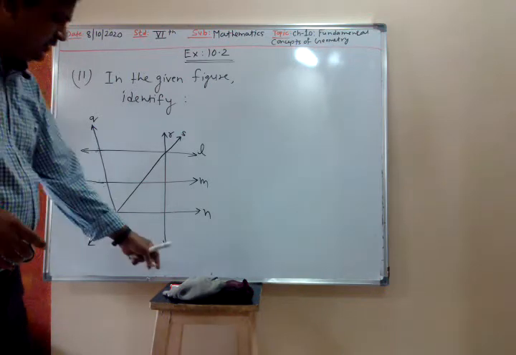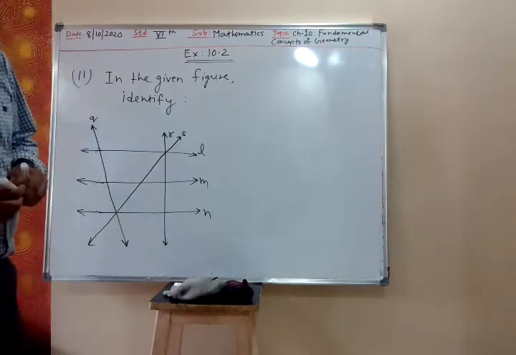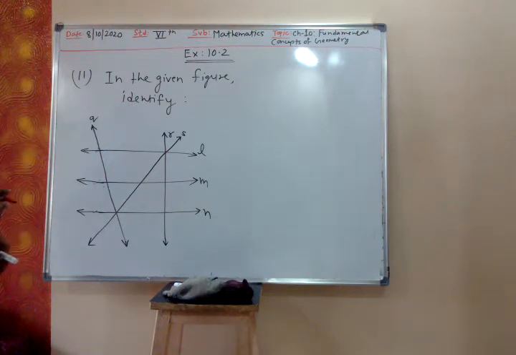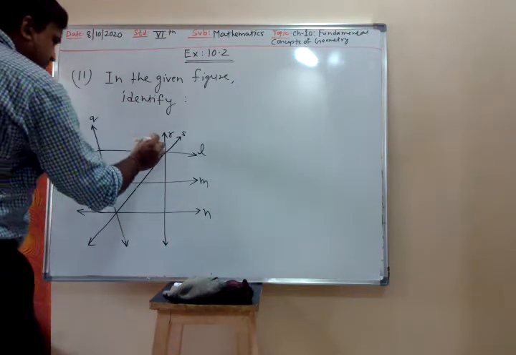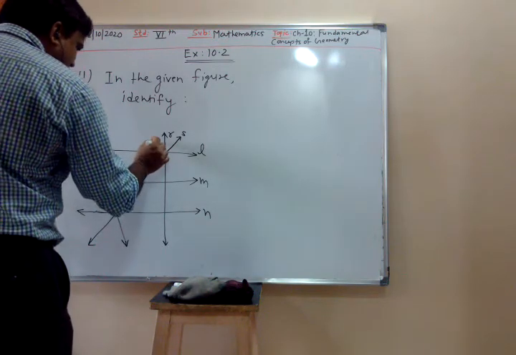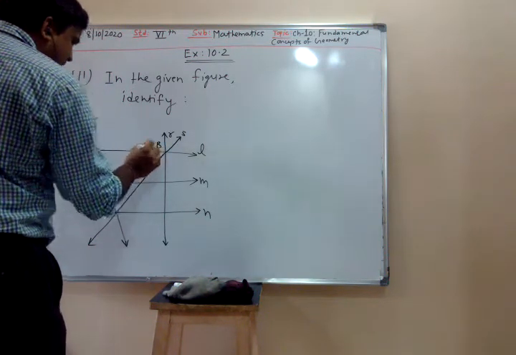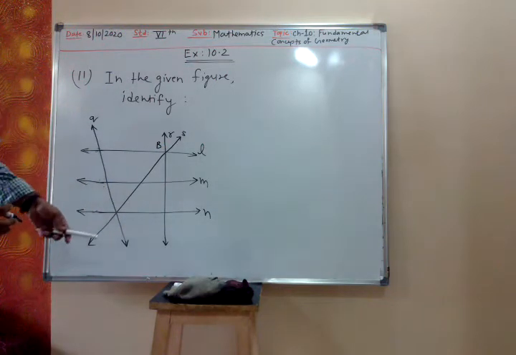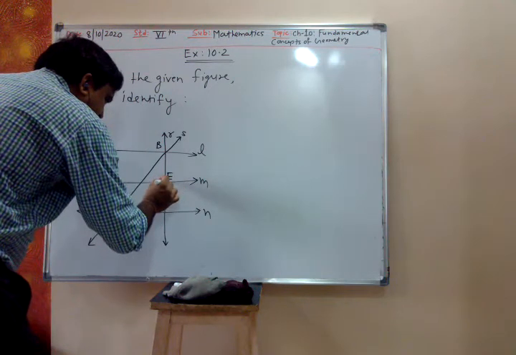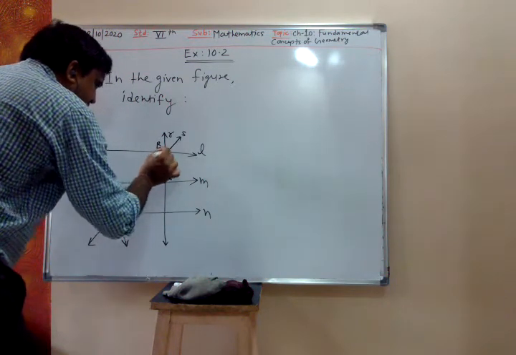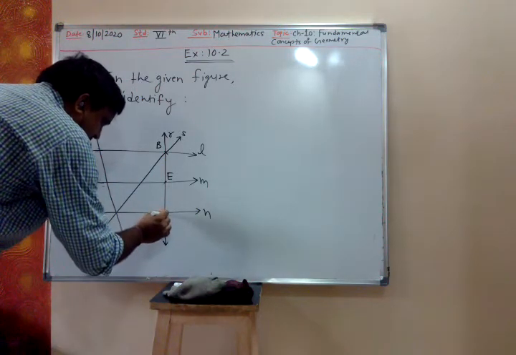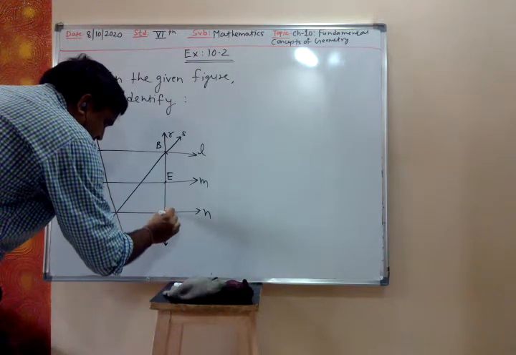No, we are able to see. Then we have Q line. Now we have the points. This is my point B. This is my point E. There they meet. This is my point G. There they meet, G.